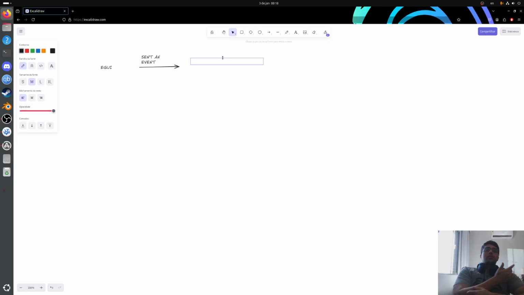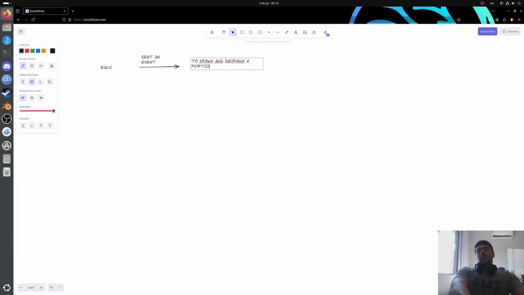The event itself was a change jar event, and that event gave us a bunch of information and made it possible for us to spawn and despawn a portion